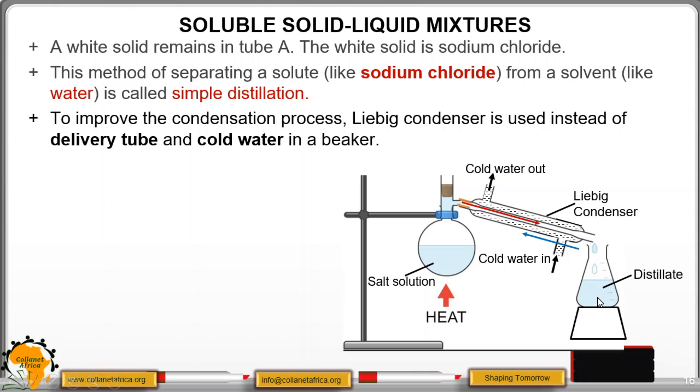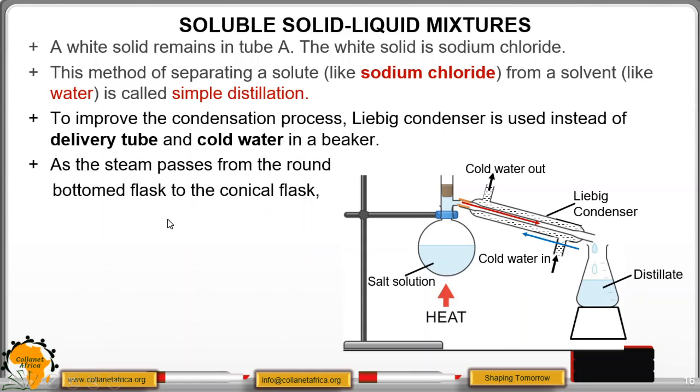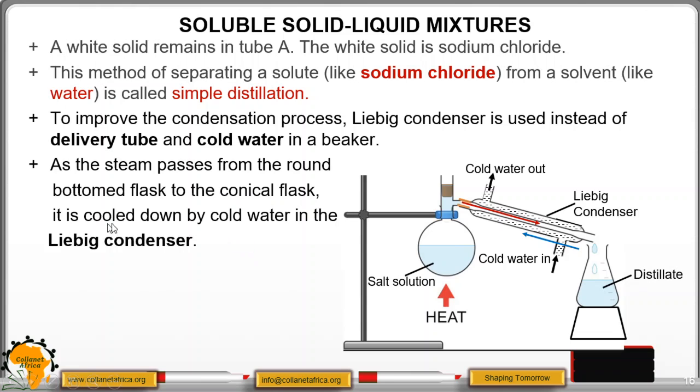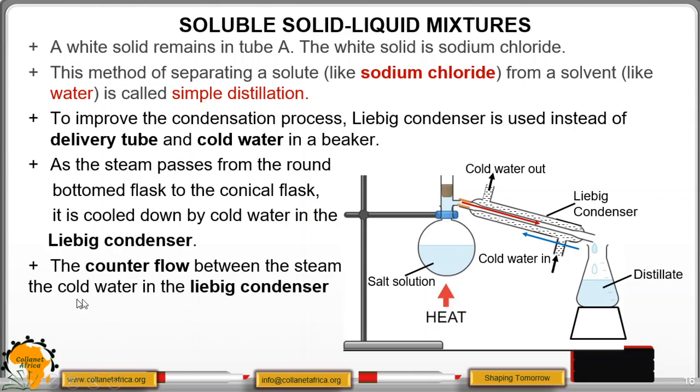So then we have our distillate here, in the conical flask, and water goes in and moves out from the outlet of the Liebig condenser. As the steam passes from the round bottom flask to the conical flask, it is cooled down by cold water in the Liebig condenser. The counterflow between steam and the cold water in the Liebig condenser condenses steam to water faster than in